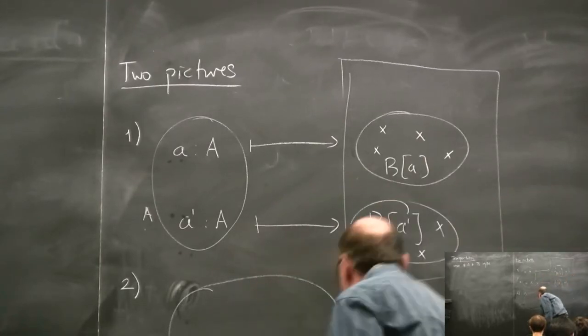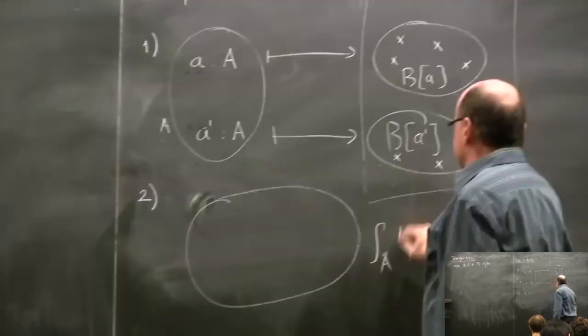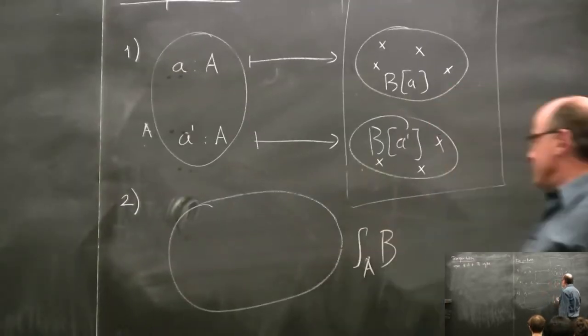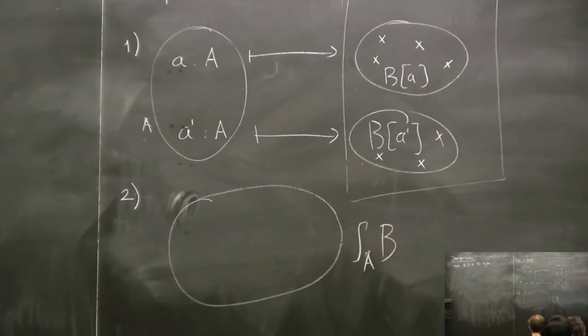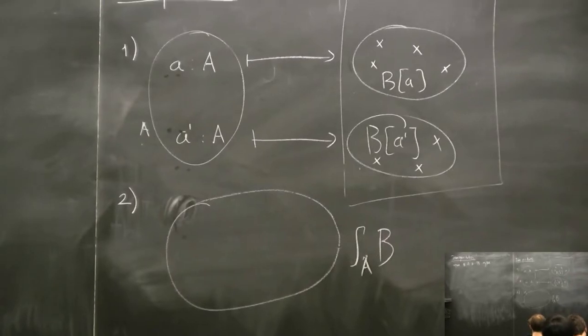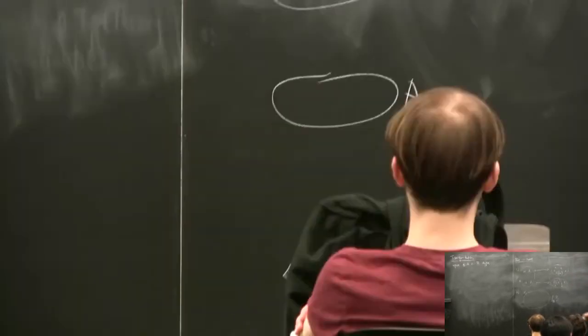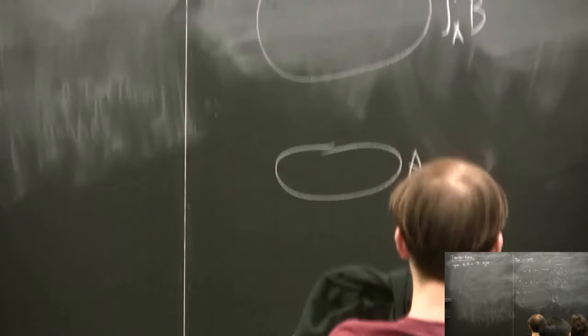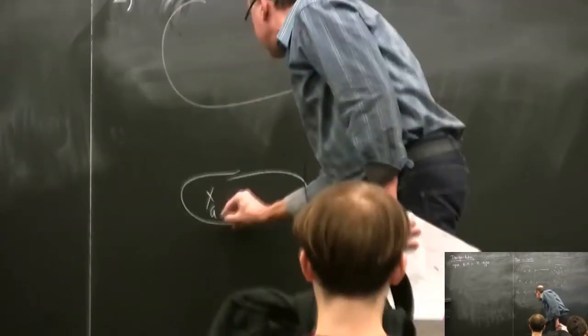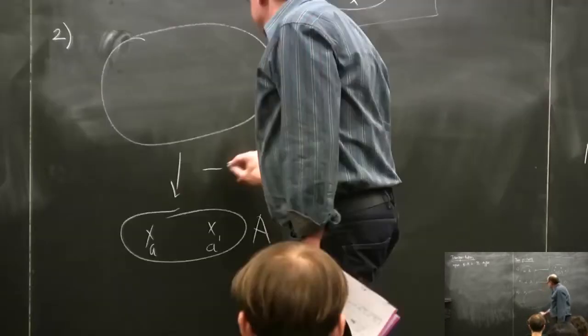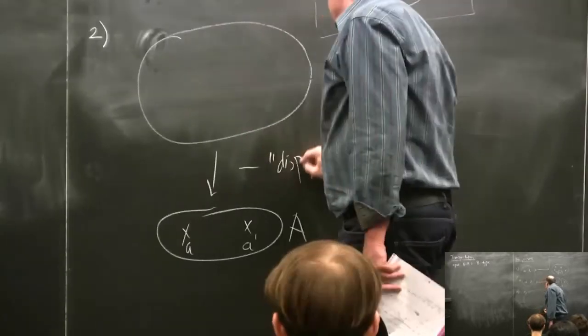And you think of it with a picture like this. This is A, and this is, well, the total space. So this is sometimes written like that with a big S or integral sign. And the idea is that down here are my A's, like A and A prime. And I have what is called here a display map,